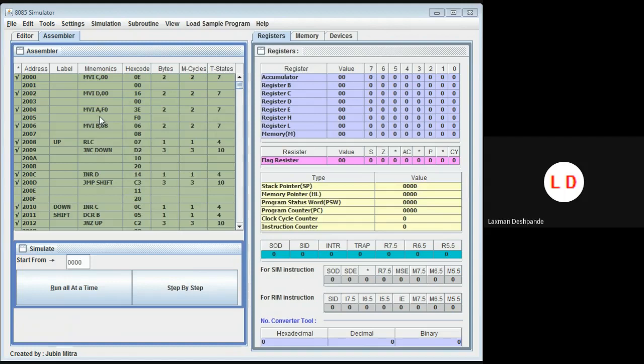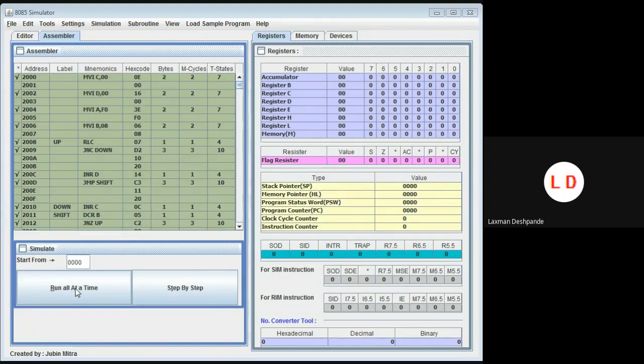Now the accumulator is initialized with F0, which is our given data, and register C and register D are initialized with 00 at the beginning. So now let us go for the execution of the program.